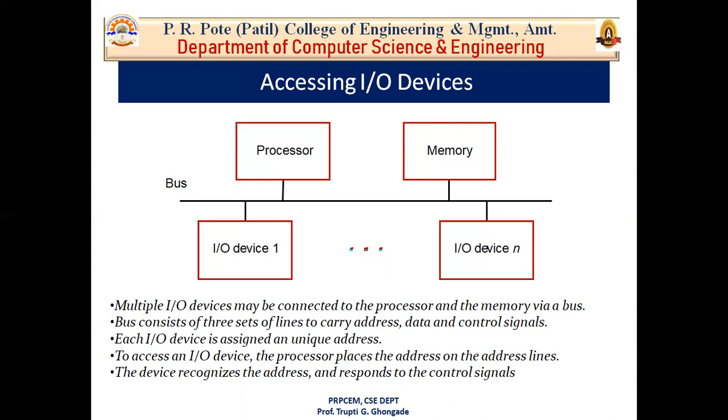Sometimes there are one or more printer devices added in your system. When you give a print command, there is an option to select the printer. If your default printer is one laser printer and you have given the command to another printer, it will not print your pages, because the address that the processor placed on the address line is not associated with that particular printer. Unless the printer recognizes that address, it will not print your pages.